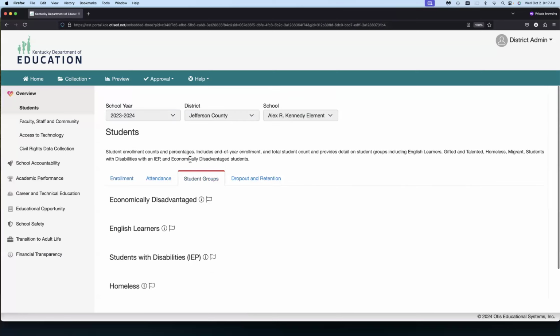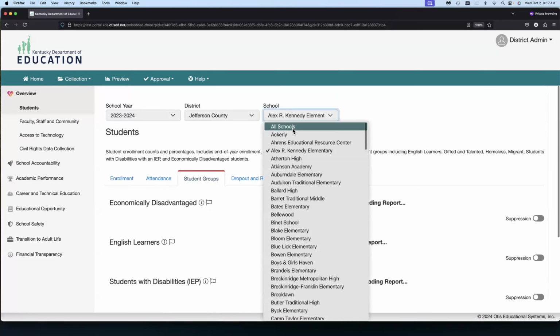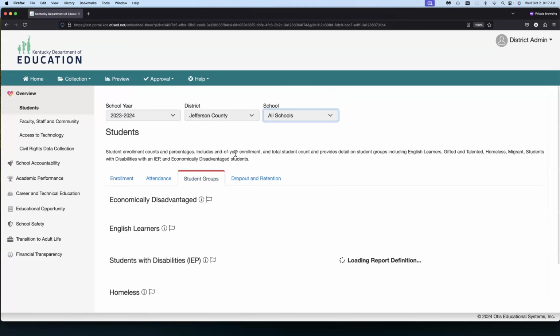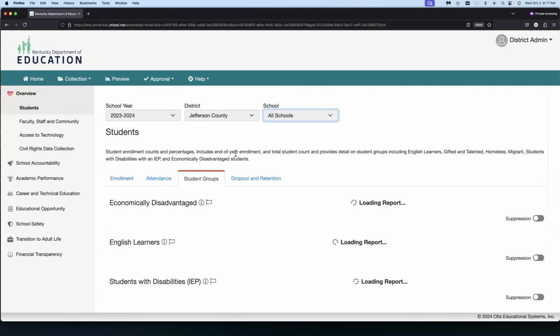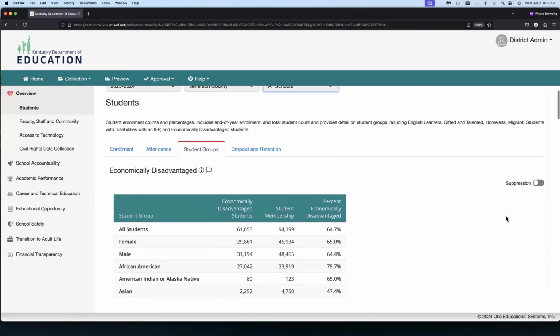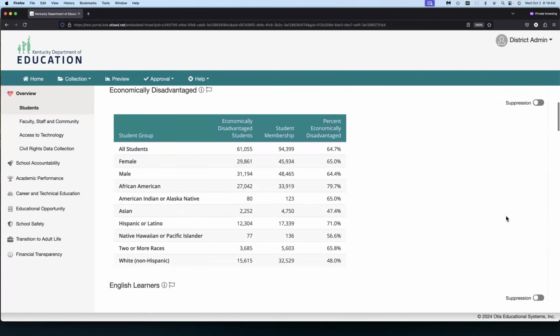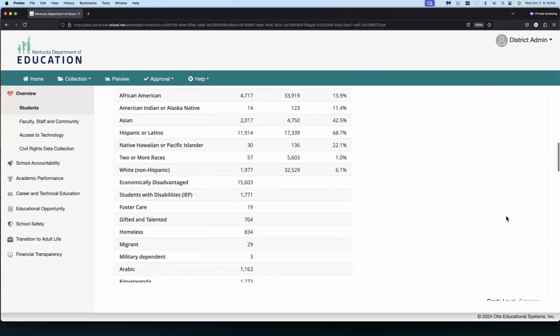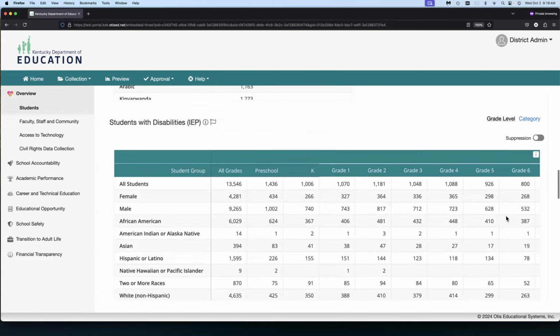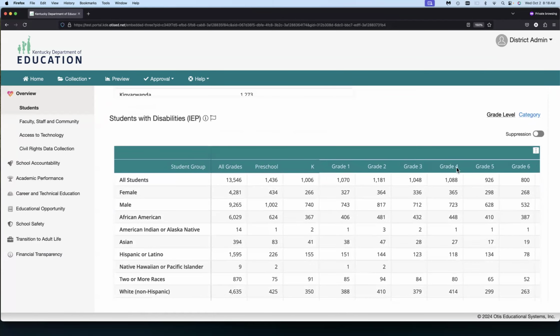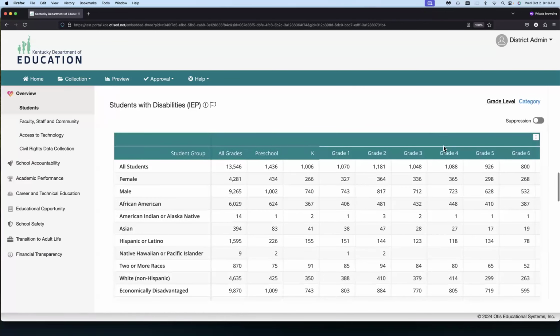So one of the other things, let's put this back up to all schools. One of the other functionality pieces in the preview section is the ability to suppress data. So you'll see, while this is loading, these suppression toggles are on all of the charts on the student group page. So if I go down here to my table on students with disabilities, and this may be a table that I want to see what the suppressed data is. So if I want to know what this is going to look like on the public facing school report card,